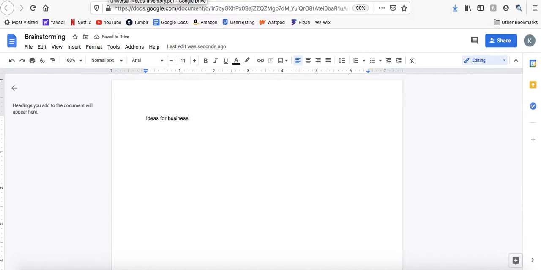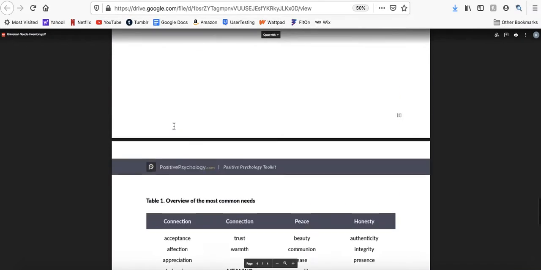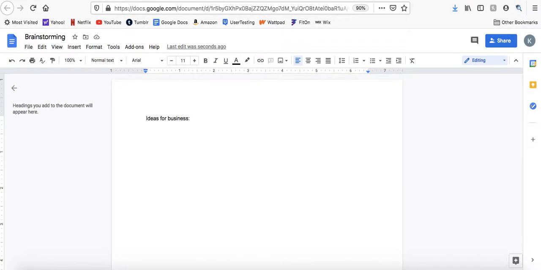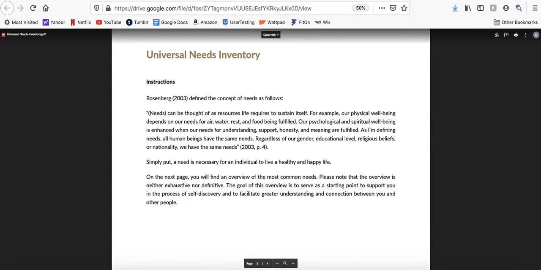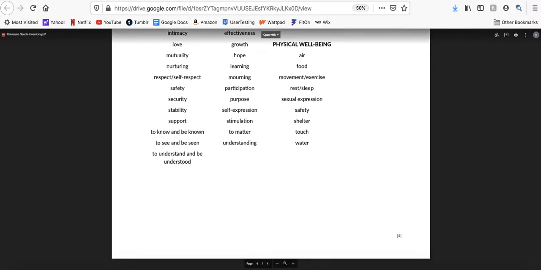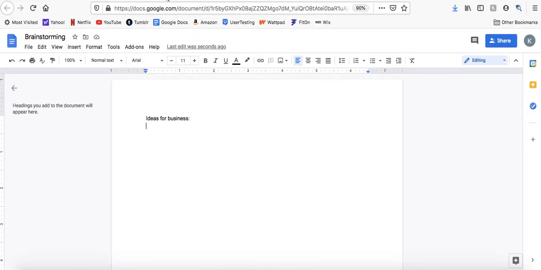So based on the universal inventory, like it said, this is used to identify how somebody would communicate what they need. And I feel like a lot of this is really good as a type of counseling app.